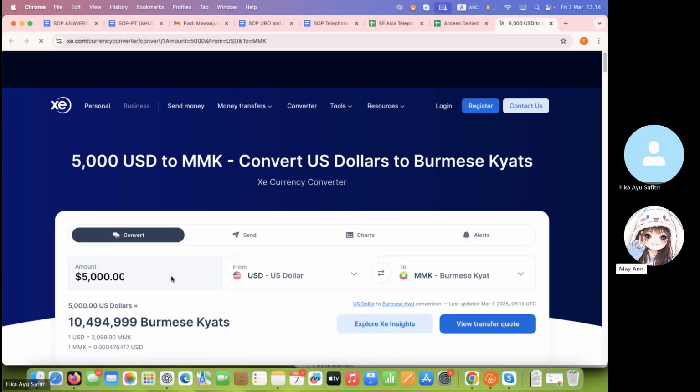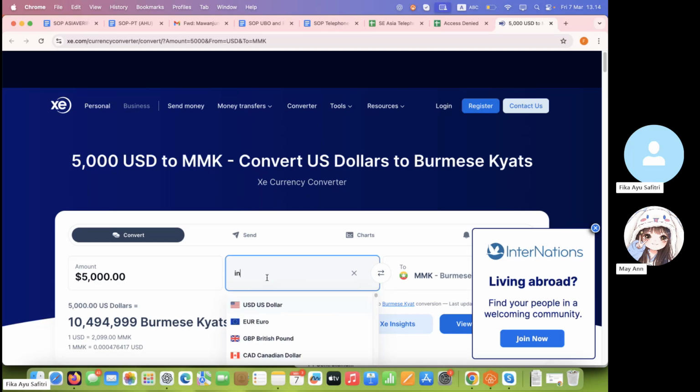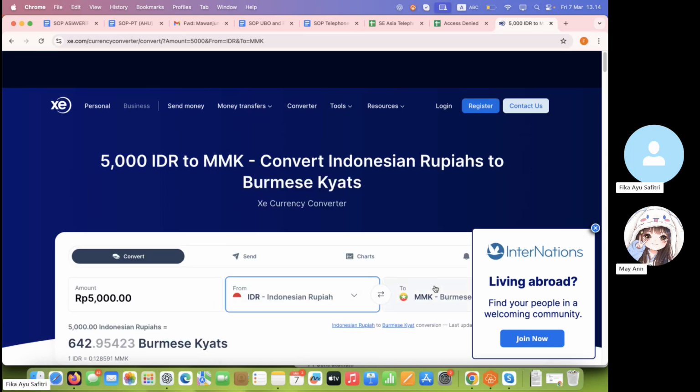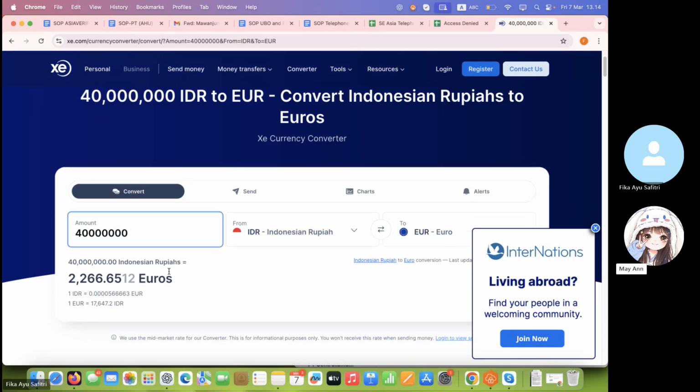Then change it from Indonesian, IDR, and then euro. Then you can copy. Good. So we have 2 in euro, so we can have it as 2.5.